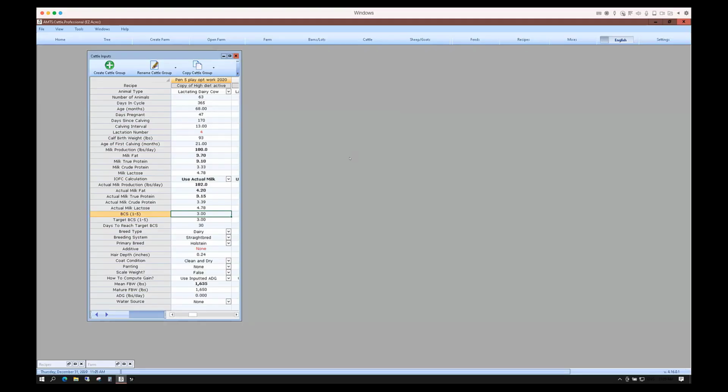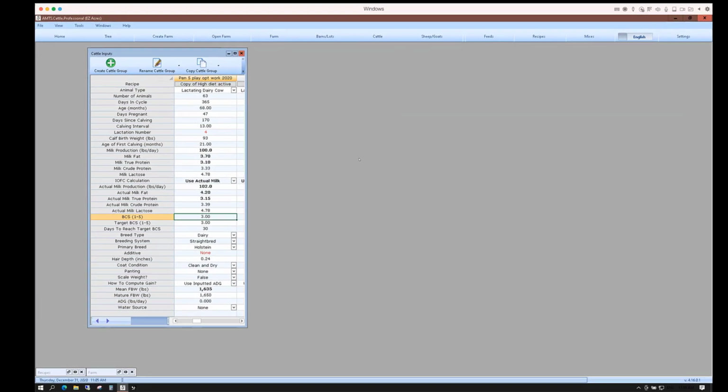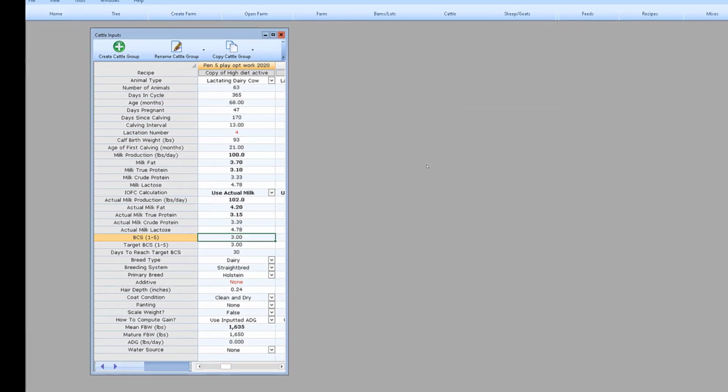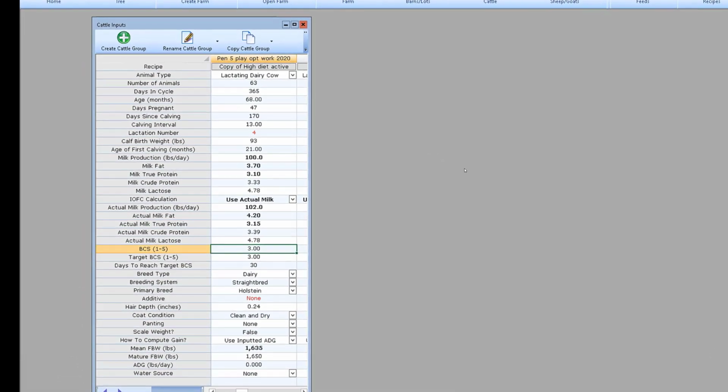So this new optimizer that we have developed and implemented is a totally different method of optimization than we have previously used. It's nonlinear. It's pretty reliable in terms of giving results back. To give you an idea of how this thing looks, how I use it, we'll do this example diet.